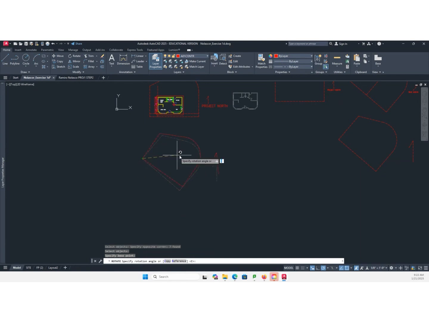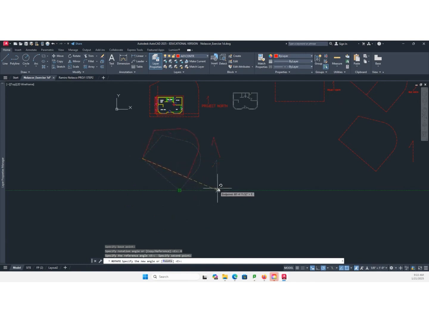Now, I don't know what angle to rotate it so that it will be exactly aligned to the building. I do have the option here, very powerful: Reference. Reference allows you to click on 2 points on the line, and that serves as the reference.